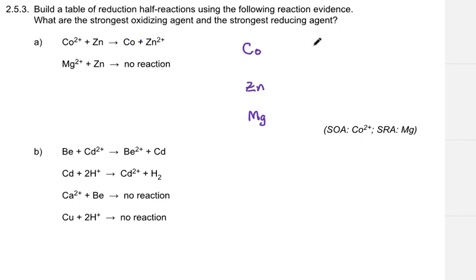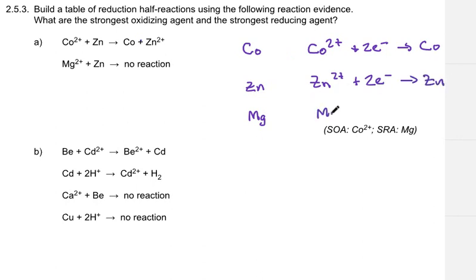So our cobalt entry would be cobalt 2+, because it says over here, gains 2 electrons that it wanted and turns into cobalt metal. Then we'd have zinc, which starts as zinc 2+, gains a couple electrons, converts to zinc metal, and at the very bottom, magnesium gains 2 electrons and turns into magnesium metal. Now,